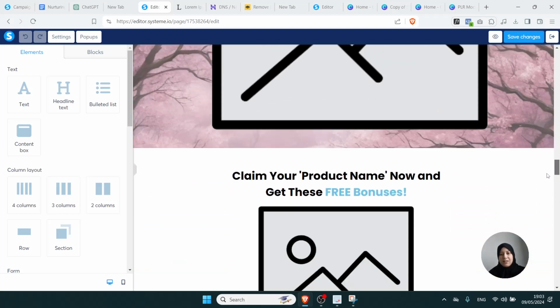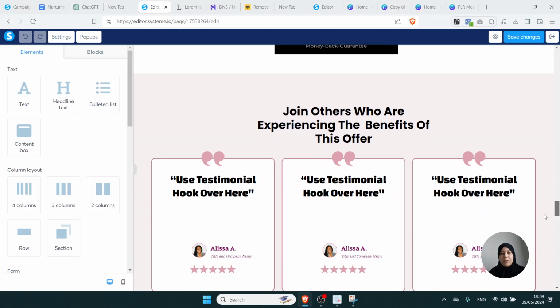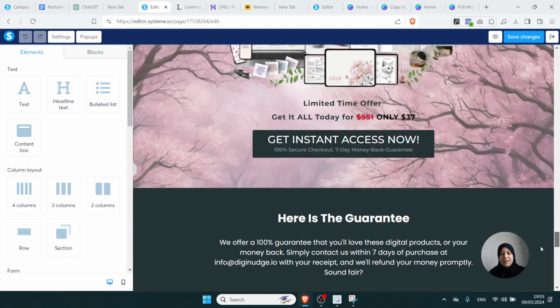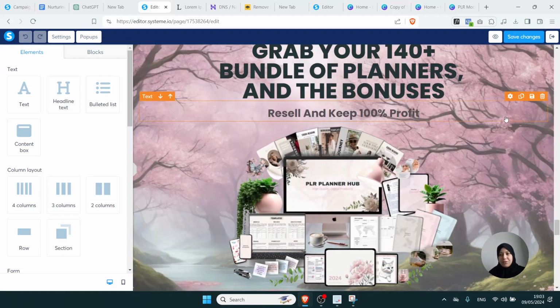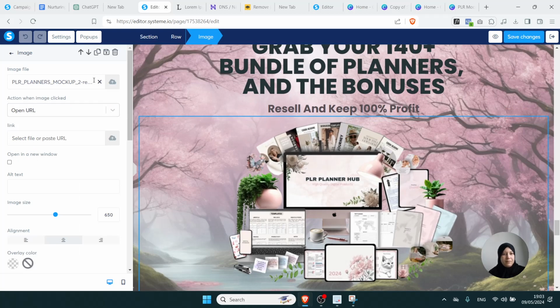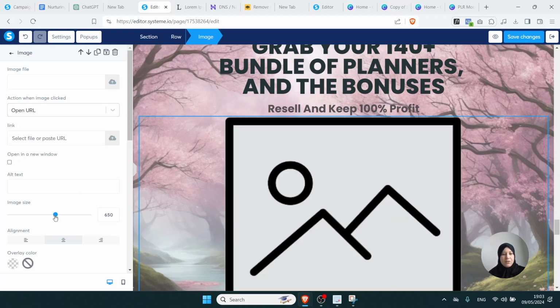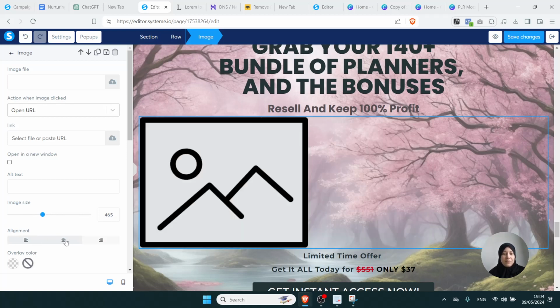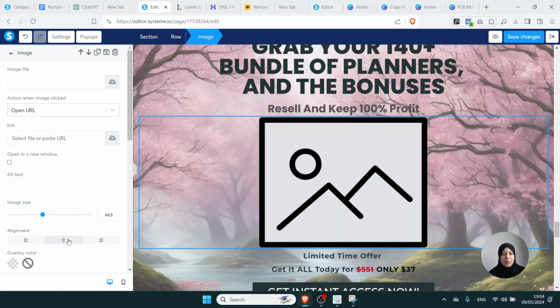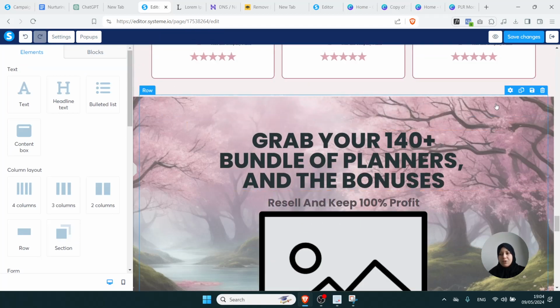Then you can add, obviously, your images, your text, and everything you need. Well, probably you don't want my product, do you? To change the size of your image, you can just play with the image size in here. If you want it lined to the left, you can click left or right, or if you want it in the middle. I will leave the background image for you if you want to use it, but not everyone likes